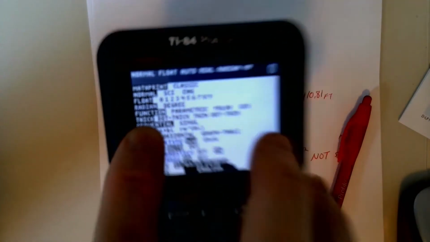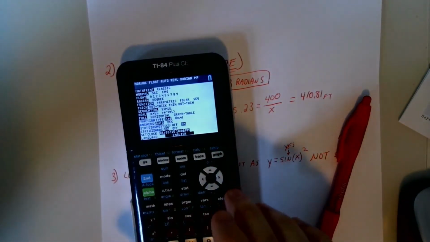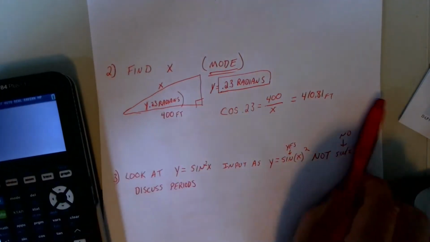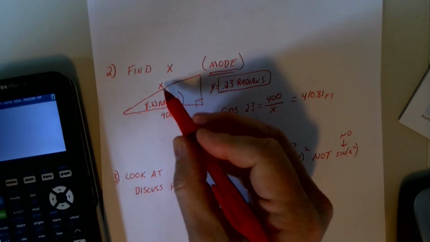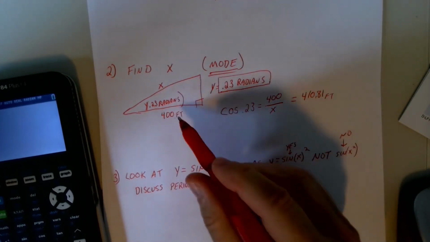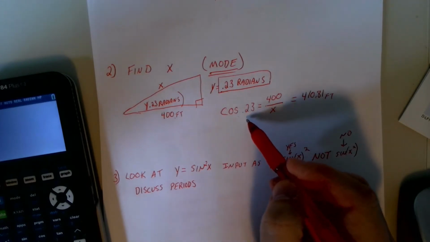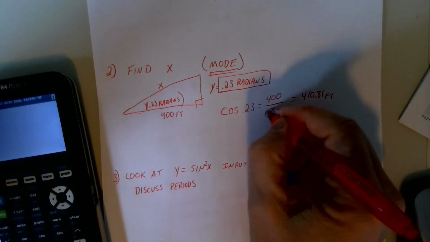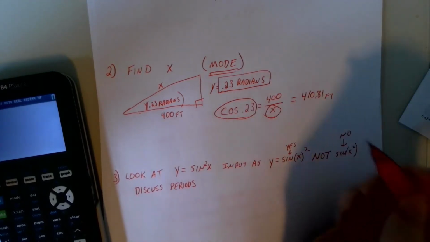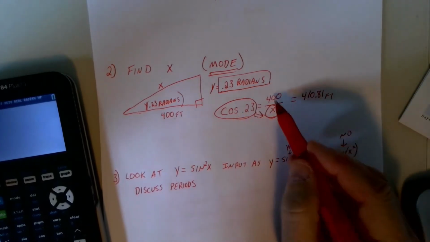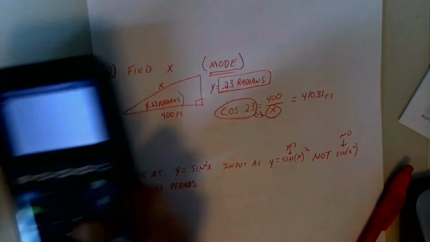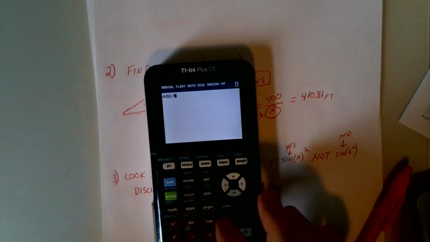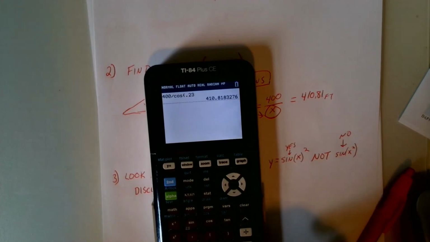Pop that up there for you. Probably blurry, but it still works. So I'm going to go ahead and quit out of that. So I know that I've got an adjacent of 400 feet, hypotenuse of x, adjacent over hypotenuse is cosine, so I'm going to do cosine of 0.23 equals 400 over x. You know that whenever you have the variable downstairs, you simply take it with these two and you flip-flop them. So you'll end up with 400 divided by the cosine of 0.23. So on the calculator, I'm going to do 400 divided by cosine 0.23, and I get 410.81